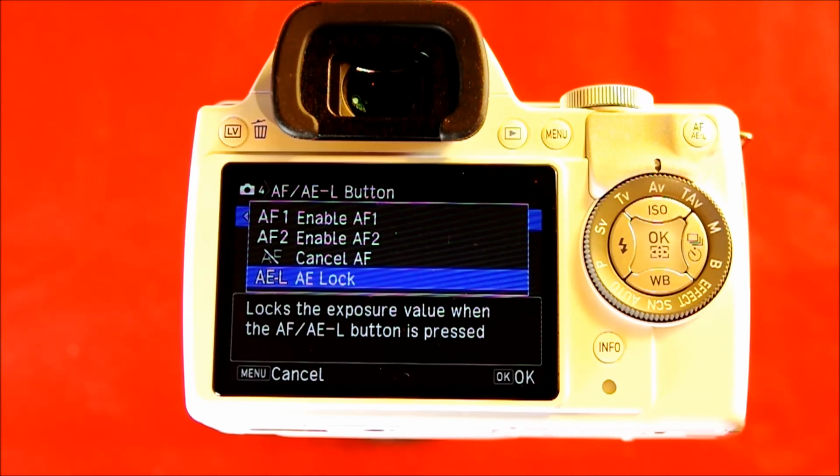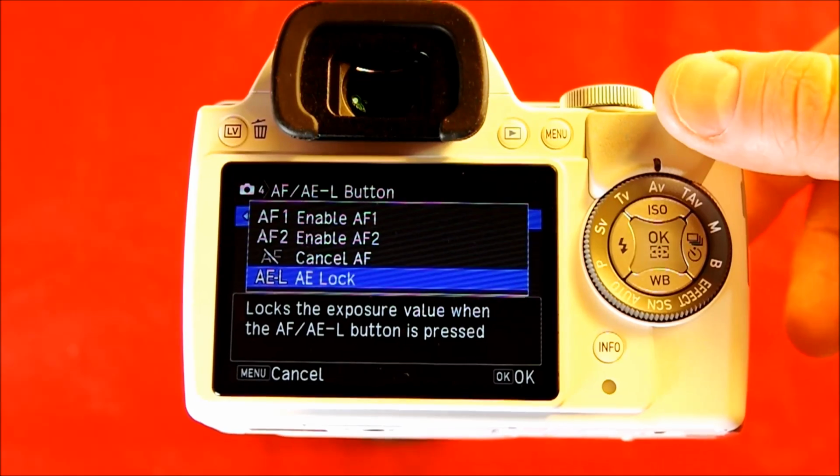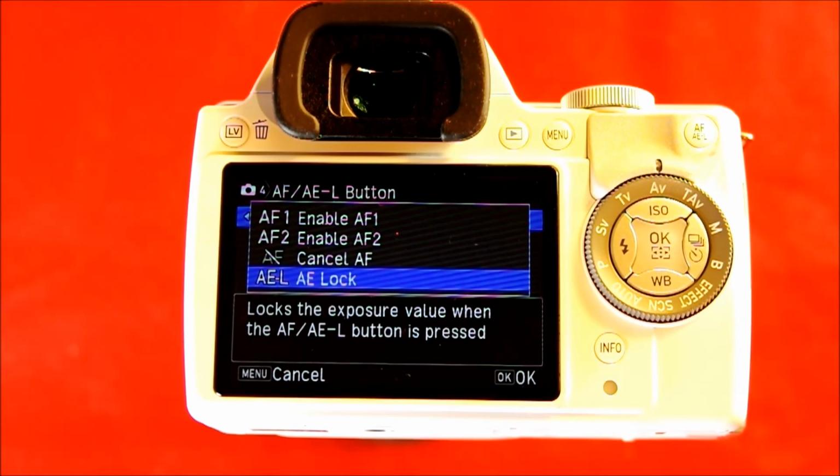So when's this useful? Let's say you're sitting at a cafe in Vienna and there's a cool building behind you, and your fiance or girlfriend or significant other, whatever it is, or boyfriend, is sitting under a canopy with you. So you're both in the shade and there's this brightly lit scene that's really neat behind you. And so what you do is you take a meter reading in the shade and then you compose your image holding this button down and take it, and it will keep the meter reading from the shade,